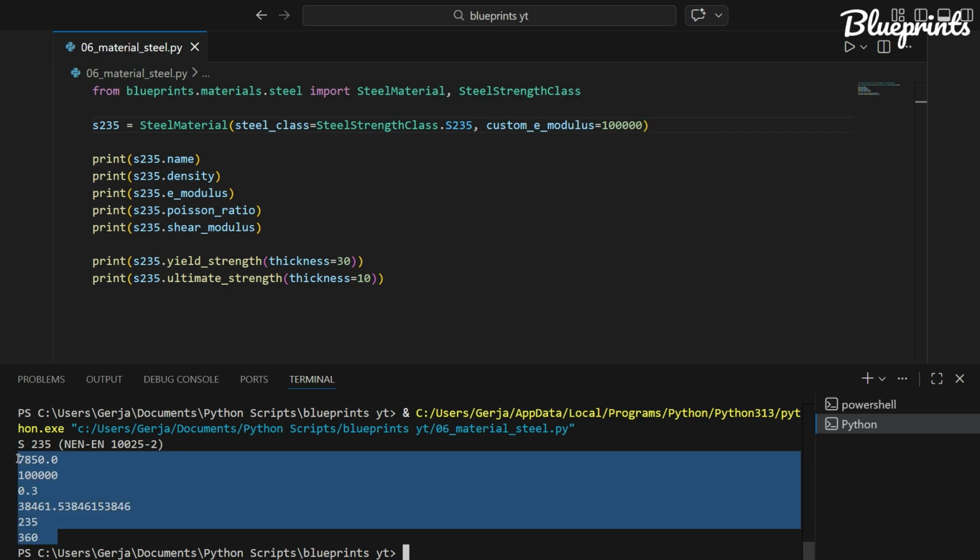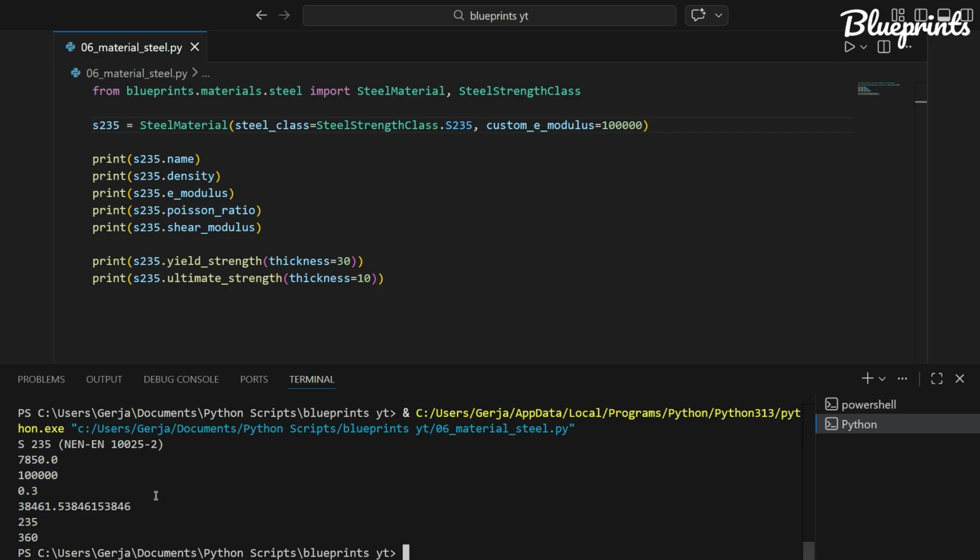That's the core idea of Blueprints Level 2, an easy way of defining a material